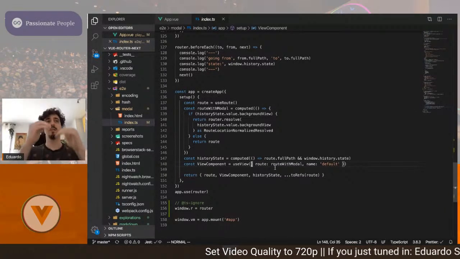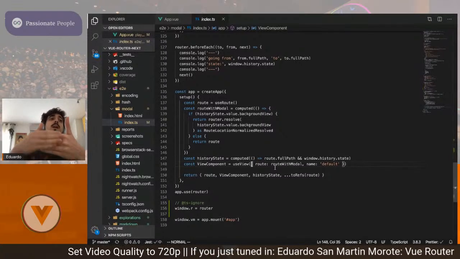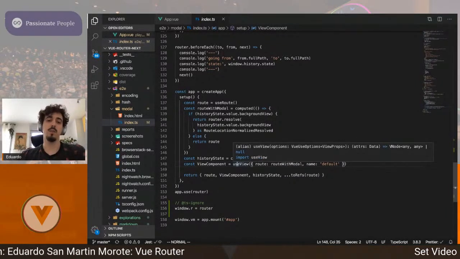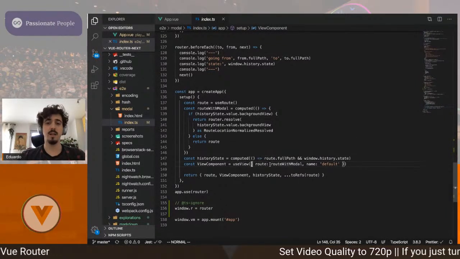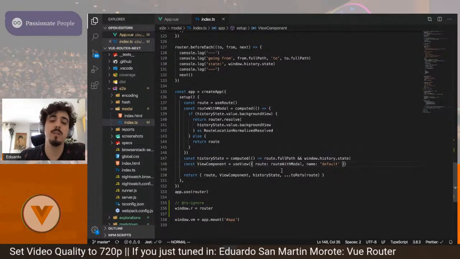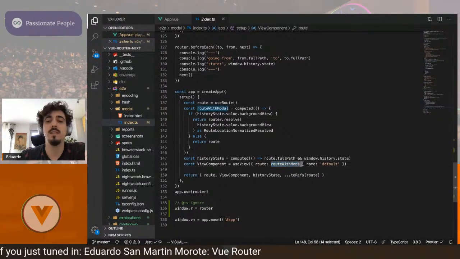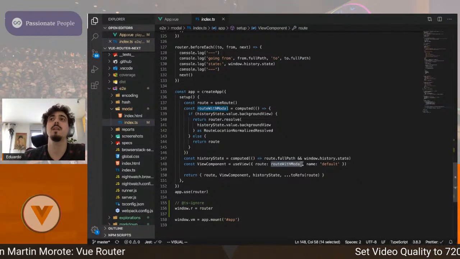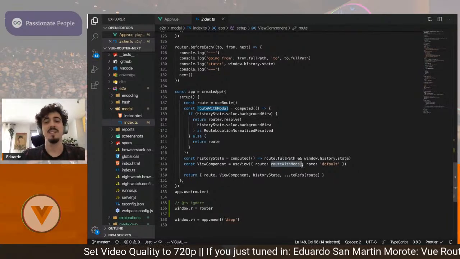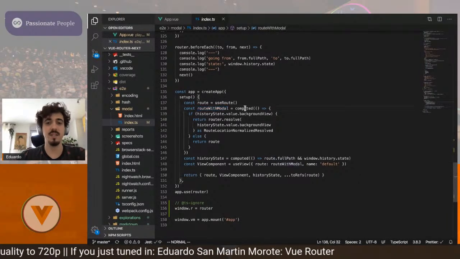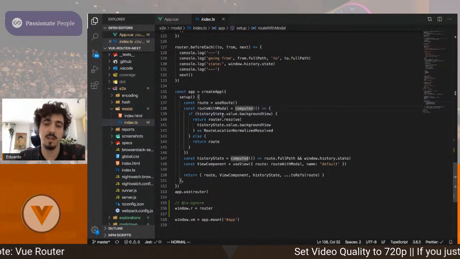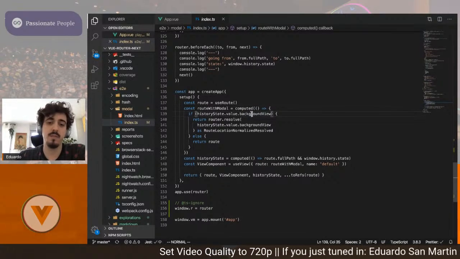So the idea here is to break that connection between what we display and the URL and be able to escape that. So useView is going to give you a component based on a route and say this is what you should display. So what we do is, it's as if we have a prop on router view and we say that the location we are at is not the one that you're seeing on the URL. So this route with modal, as you can see here, is a computed property. And this computed property is going to check on the history state, more about that a bit later, if we have a property, a background view.